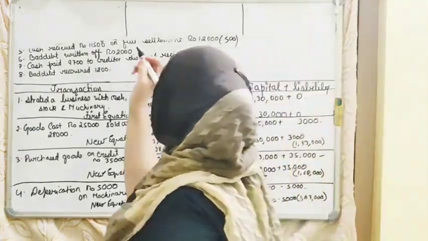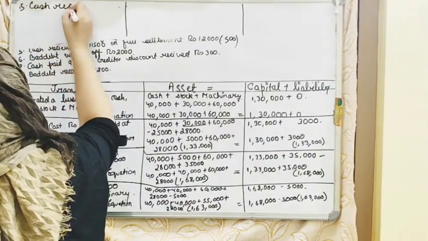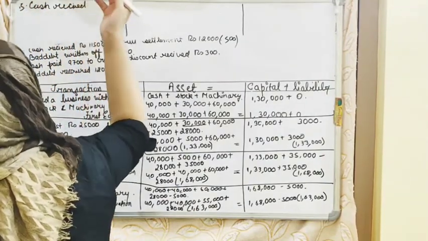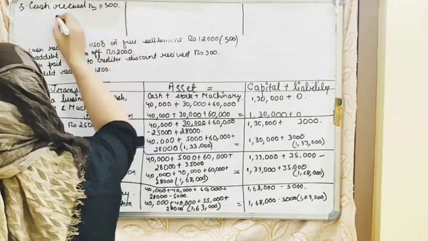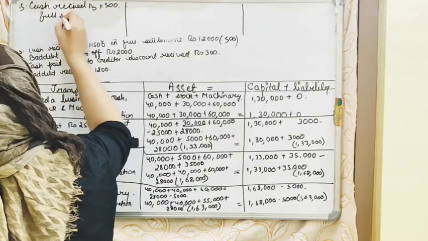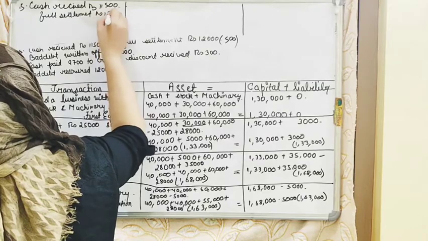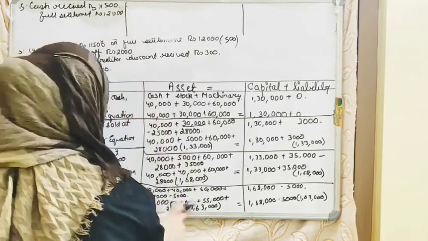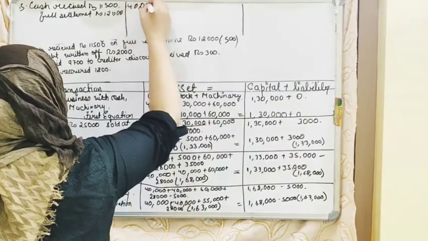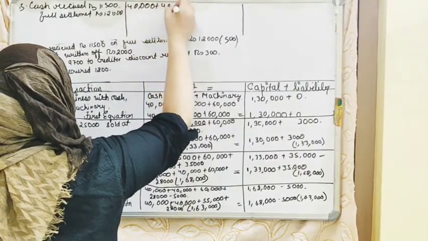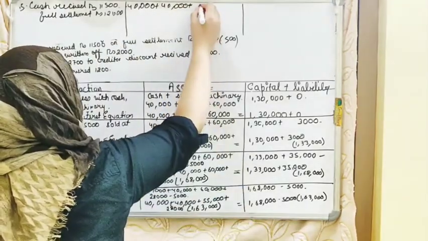So simply we'll write the fifth transaction, that is cash received rupees 11,500, full settlement of rupees 12,000. So we'll write the amounts as they are, that is 40,000 plus 40,000 plus 55,000